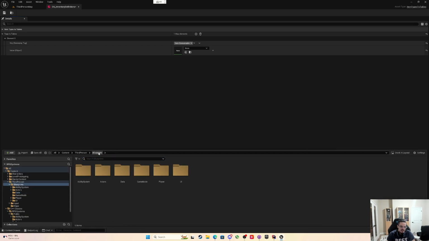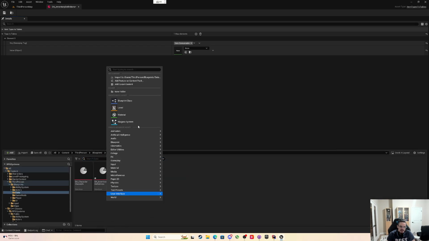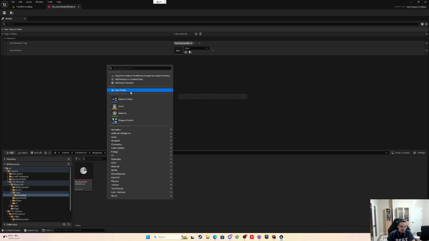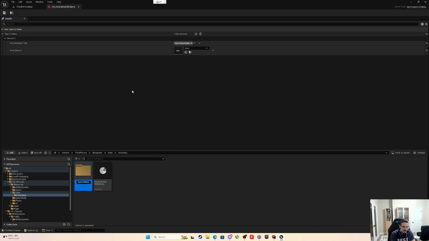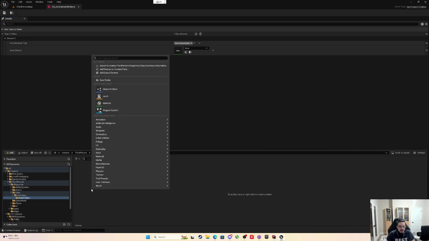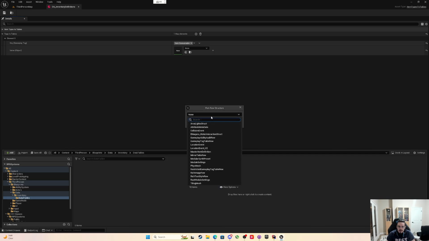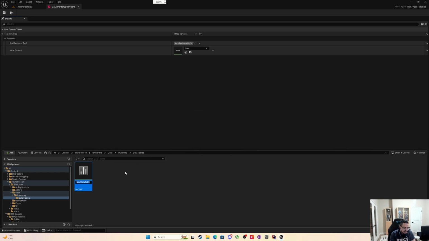So let's go into that. Let's go data, and we can make a new folder called inventory where we can put our inventory definitions, and then we'll make a new folder called data tables. And inside here, we can come and say miscellaneous and data table right here. And in the pick row structure, we can go find master item definition is here now. So we can say, okay, so now we're going to say DT consumables,